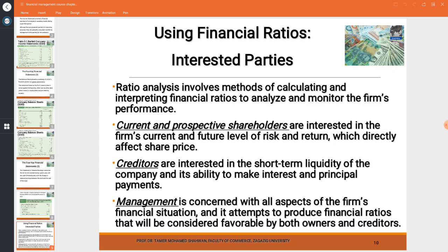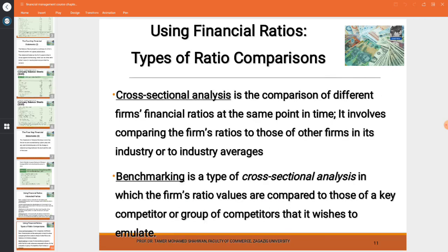Also, if you are a manager, actually you are concerned with all aspects of the financial situation and you are trying to produce financial ratios that will be considered favorable by both owners and creditors. But from this perspective, I think financial analysis plays very important roles in supporting many types of decisions related to